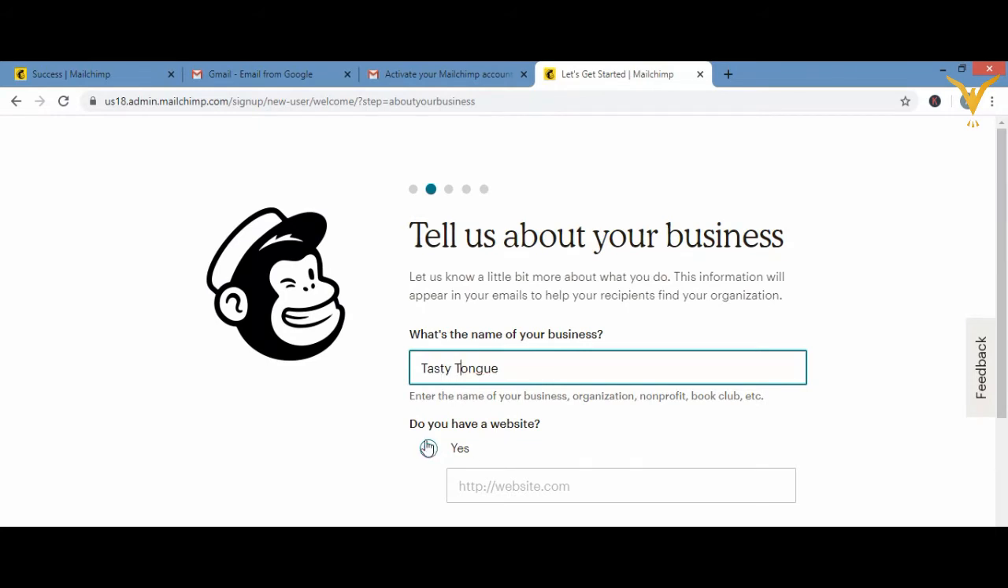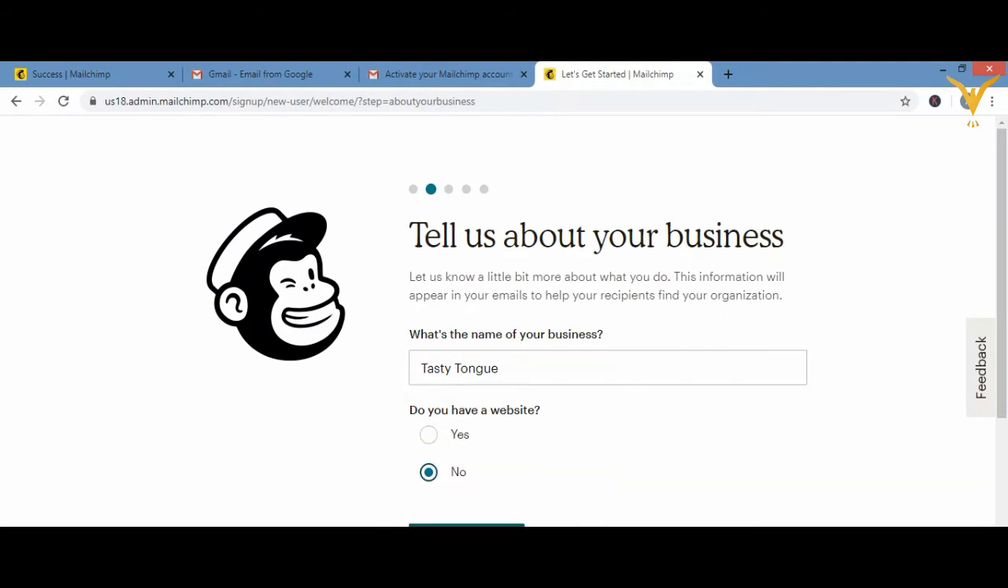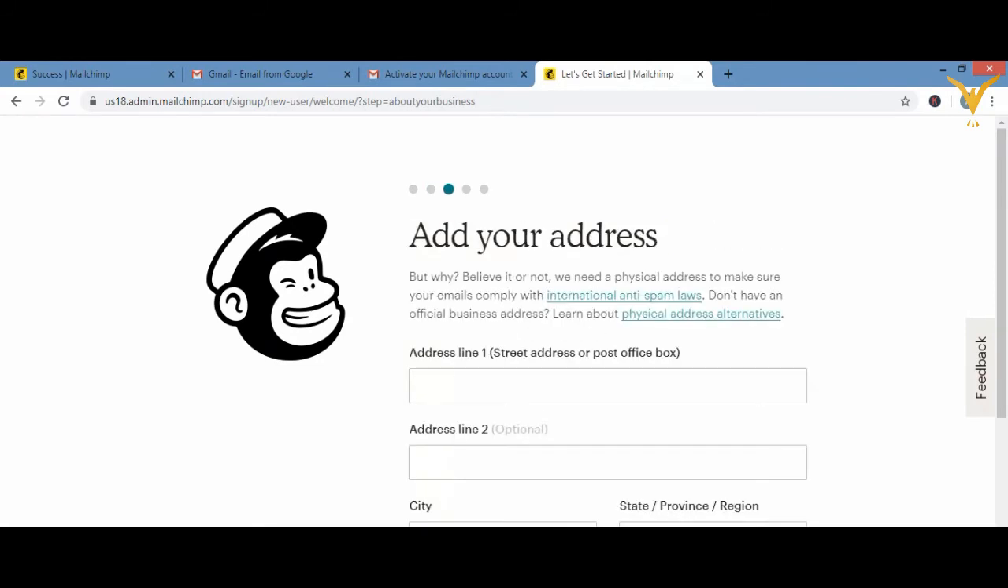Okay. Now, what option do you have? Do you have a website? For now, we'll click on no. Do you have a website? If yes, then we have to put the website name, but we'll click on no for now. Okay, then continue. After clicking on continue, they are asking you the address, like address line 1, address line 2,